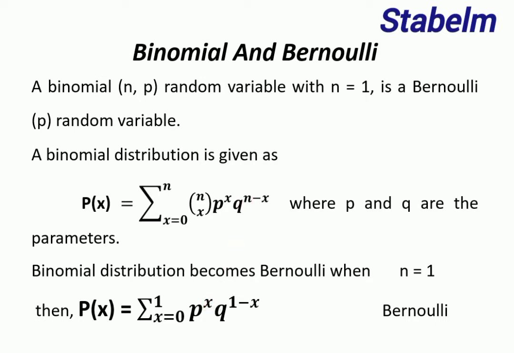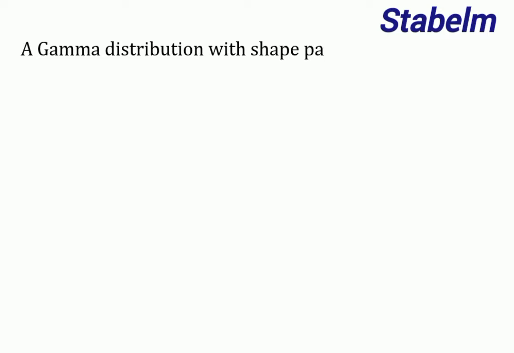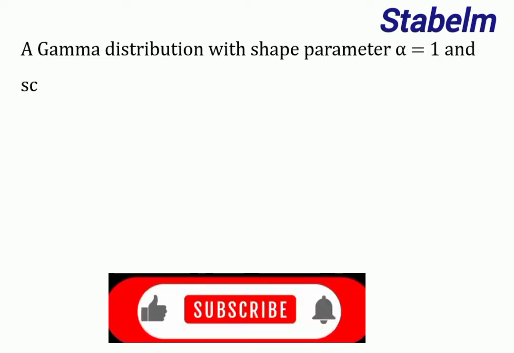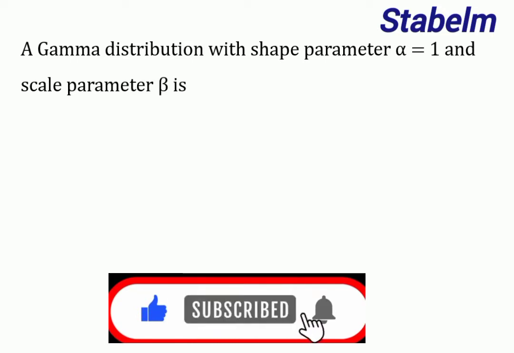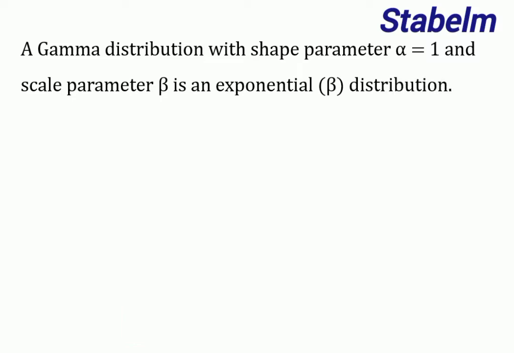We can see that. Now the next one we are going to look at is gamma and exponential. The relationship between gamma and exponential. How are they related? What is the relationship between the two? Now we see that a gamma distribution with shape parameter alpha equals 1, and the scale parameter beta, is an exponential distribution. So for a gamma distribution, when our shape parameter alpha equals 1,